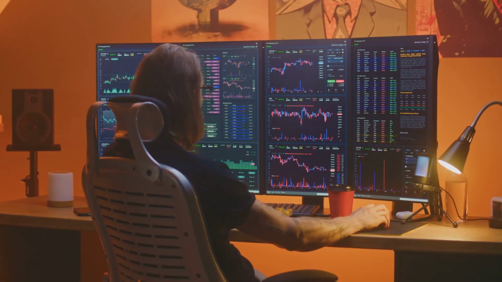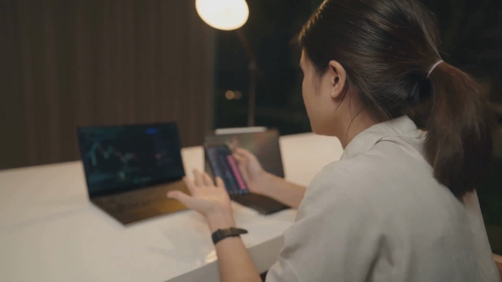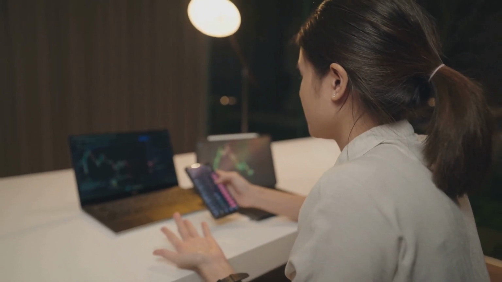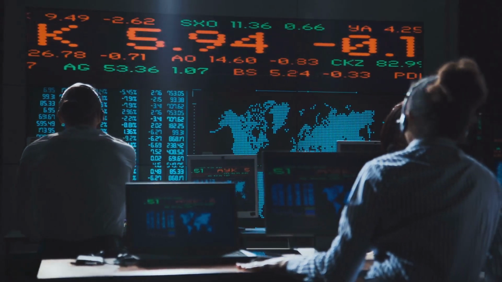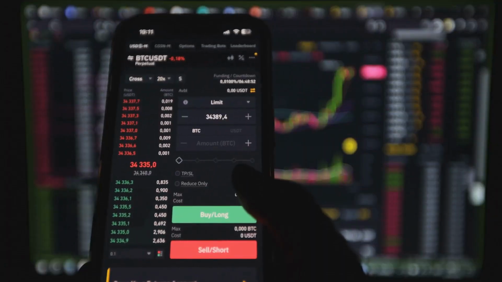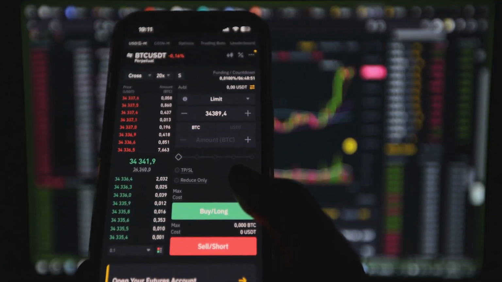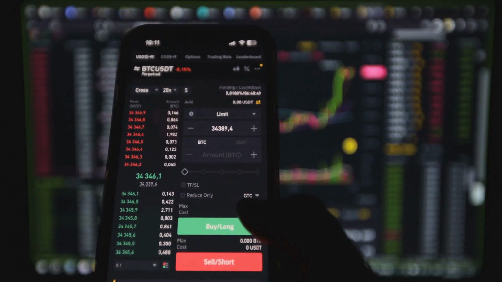This approach offers several advantages. First, it eliminates emotional decision-making, which can often lead to poor outcomes in trading. Second, bots can react to market changes much faster than humans, potentially capitalizing on fleeting opportunities. Finally, algorithmic trading allows you to backtest your strategies using historical data, giving you a better understanding of their potential